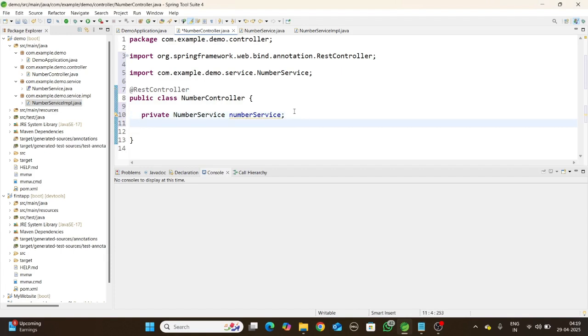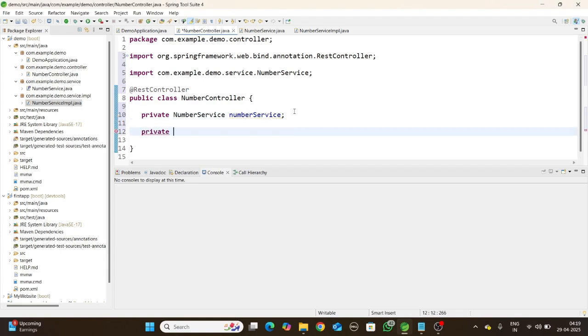Here I'm creating the logger to log all the messages. Basically, we use the System.out.println method, but in the industry they don't use System.out.println as a print statement. Instead, they use the logger to log all the messages we want. So with this static final